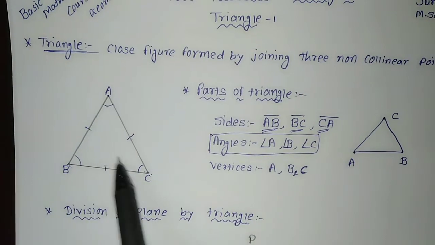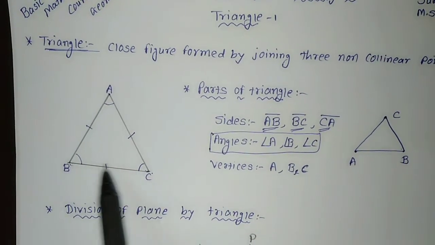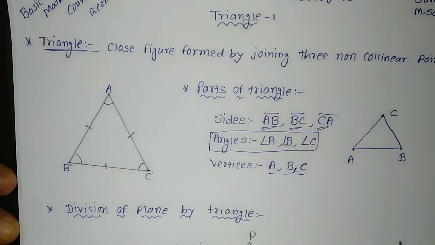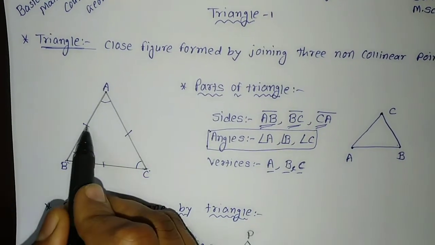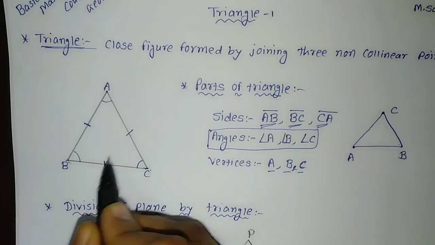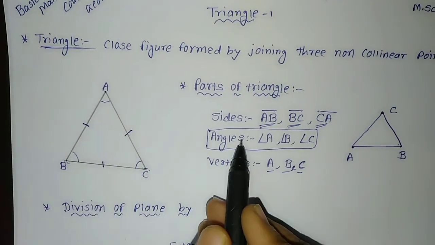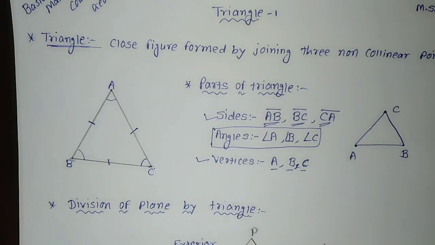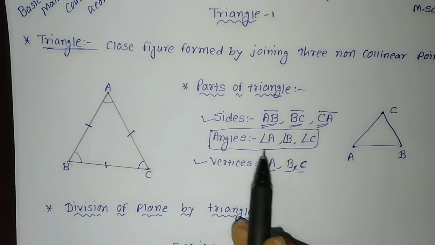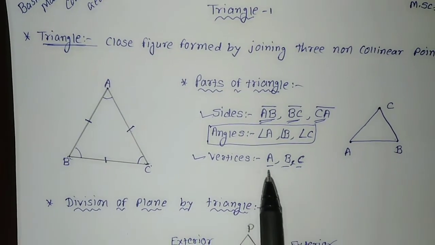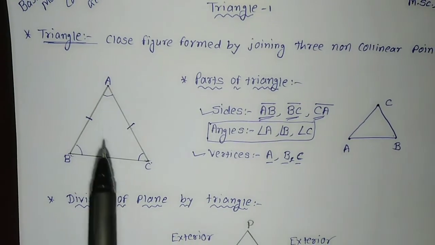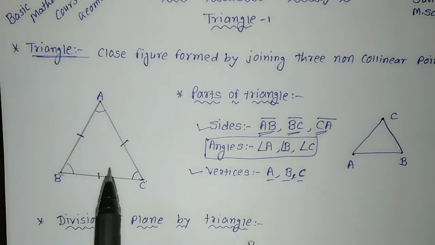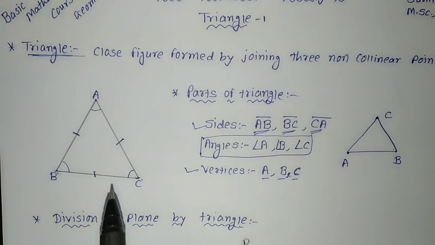On this triangle ABC, point A, point B and point C are lying, meaning the three vertices A, B and C are part of the triangle, as well as the line segments AB, BC and AC. So three sides and three vertices are considered part of the triangle. Angle A, angle B and angle C are considered a part of the triangle, but they are not lying on the triangle. So this is how we can understand the parts of the triangle. I hope you have understood.